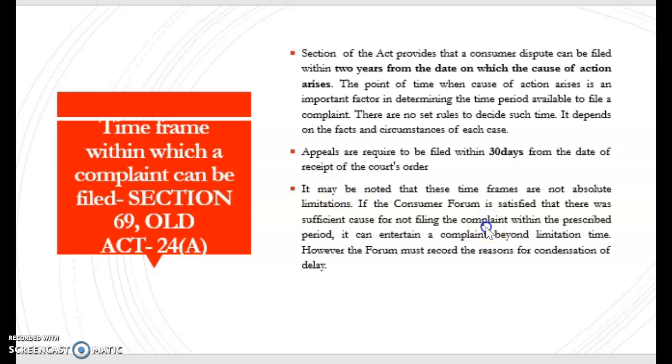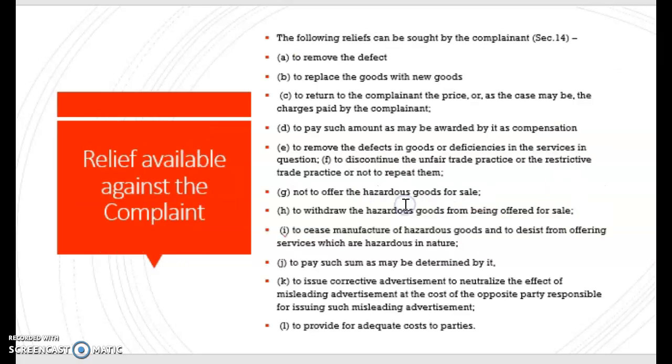Now, when we talk about appeal, it is filed within 30 days from the receipt of the order of the court. Wherever a person is not satisfied with the order of the court, they can make an appeal within the period of 30 days. There are various reliefs also that a complainant can take up before the court,